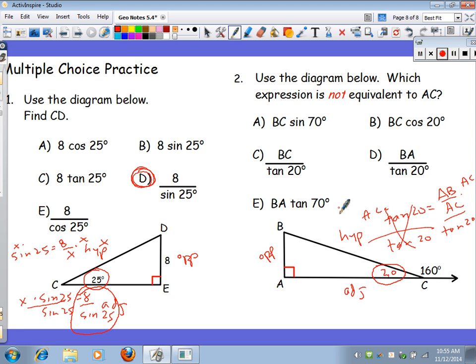You're going to see that AC equals AB over the tangent of 20. So AB over the tangent of 20 is right. That's what this is. They want to know which one's not equal to AC. It's got to be this one, because BC would not be over the tangent of 20. AB would be over the